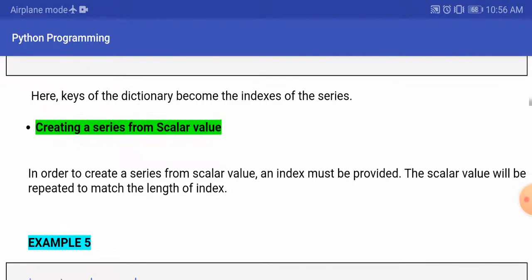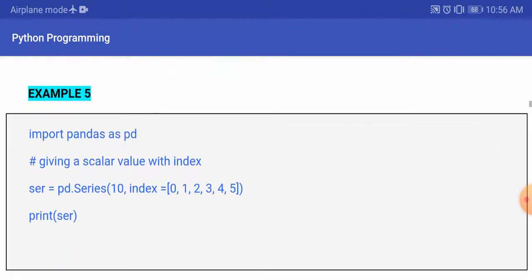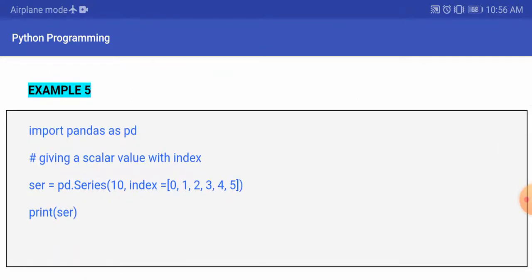Now creating a series from a scalar value. Next thing, if we have a scalar value and we want to duplicate that scalar value multiple times for creating a series, how can it be done? You just have to follow this example, given in example 5. So if you have a scalar value like 10, here we have first of all imported pandas as pd, and then we have written ser is equal to pd dot Series and then 10.